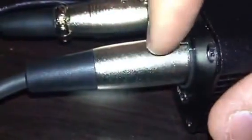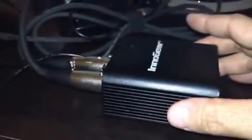And then your last connection, see that screw right there? That goes up. That's a good way to look at it. And pop, it clicked. Now to release that, you just push that button there, and that releases that. Or you can push down on that button, and you gotta pull a little bit, but not much. So the power supply is complete, with the exception of powering it on. The microphone is complete, with the exception of powering it on. Now we're not going to power it on yet, because